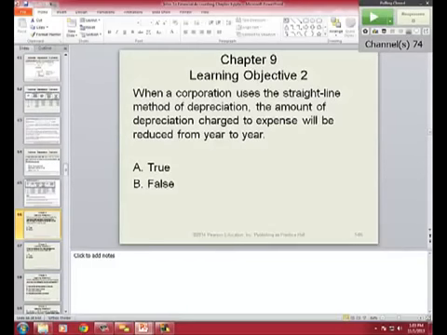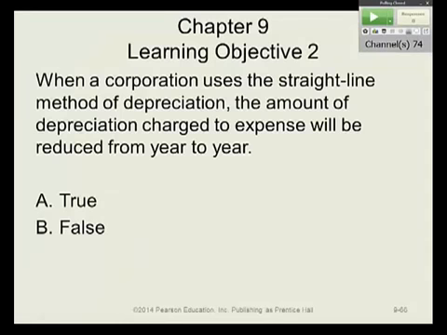All right, we'll have some questions for you then, at the end of the first learning objective. Let me bring that to you, sorry about that. All right, so from the first learning objective,